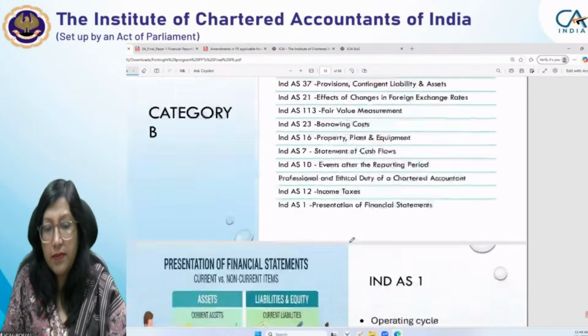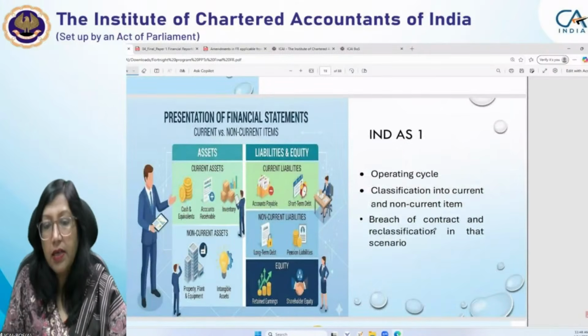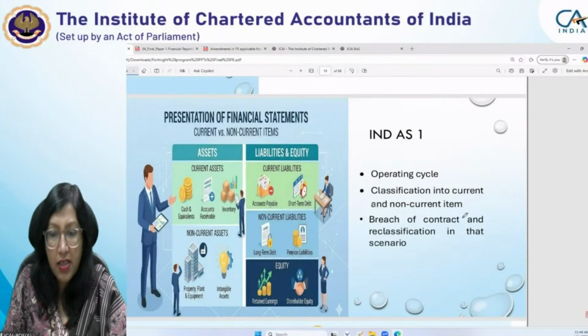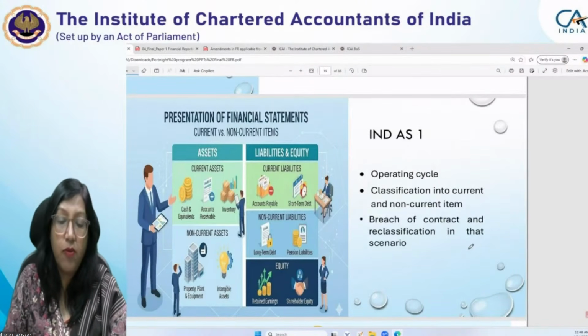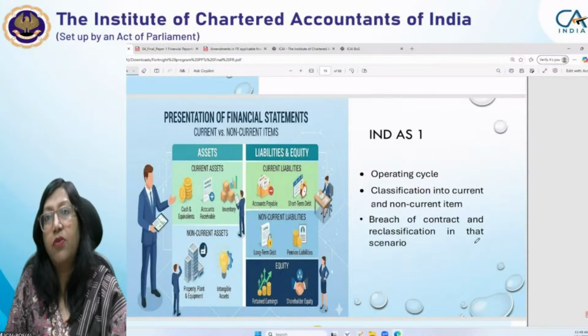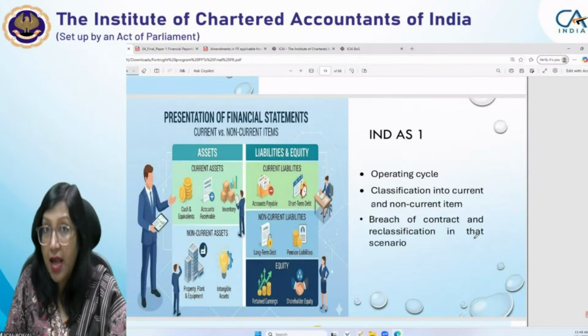नेक्स्ट इज, अच्छा मैंने आपको इंड एएस 1 में इंपॉर्टेंट टॉपिक्स बताए, क्या है, ऑपरेटिंग साइकिल, क्लासिफिकेशन इनटू करंट एंड नॉन करंट है आपका, और आपकी ओसीआई। ओसीआई वाली जो ब्रीच ऑफ कॉन्ट्रैक्ट एंड रिक्लासिफिकेशन इन दैट सिनेरियो, ये तो हमने बताया। साथ में ओसीआई का एक कंपोनेंट है, वो भी आपको ध्यान रखना है। ओसीआई की अकाउंटिंग करते हैं, ओसीआई क्या है।